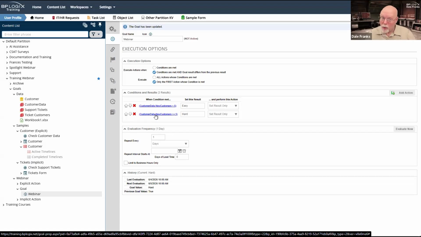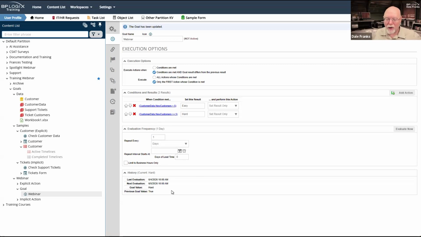I probably only want to send that notification once if I evaluate the goal value and it comes back as hard because I know I'm going to have a hard day because I have many, many new customers. Probably not going to want to do that a bunch of times during the day. It's going to get super irksome if I were to do that.